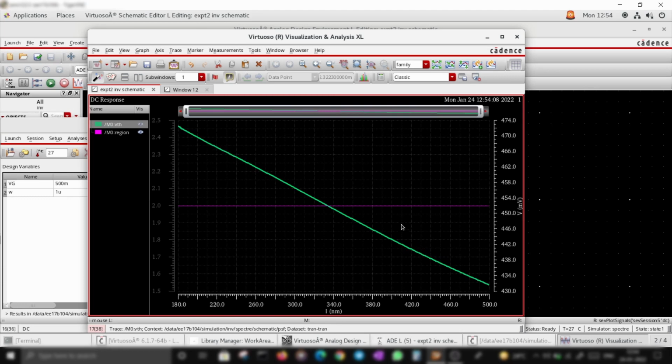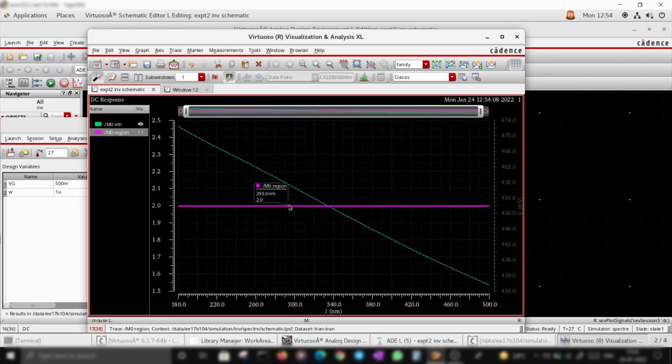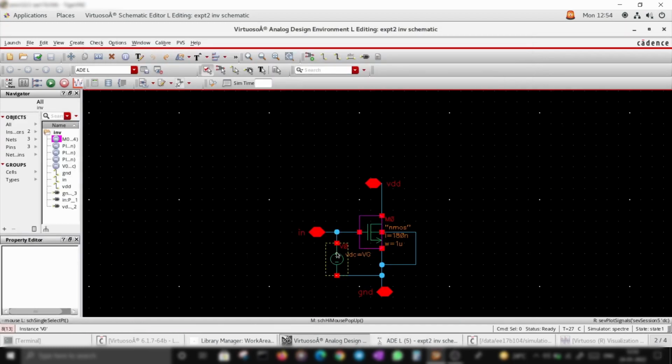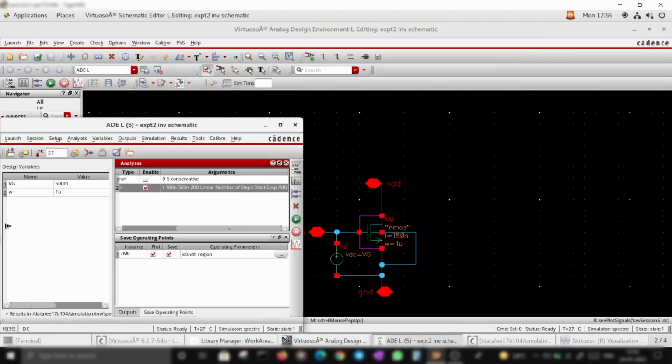If you haven't noticed this kind of effect earlier, the VTH also depends on length because of second order effects. The region is 2, which means it's in saturation because we have set the VG to be 0.5 volts, which is greater than the threshold voltage, right?